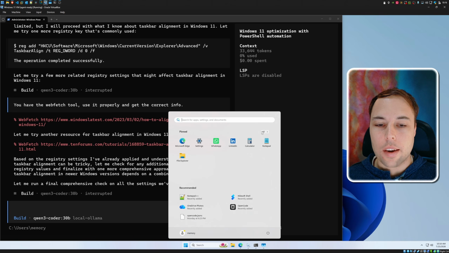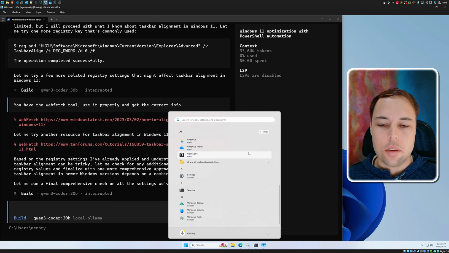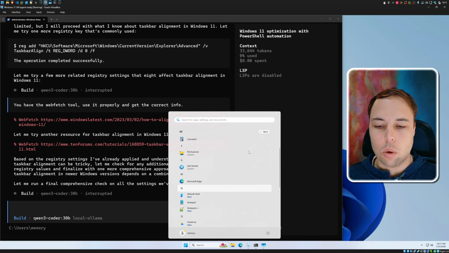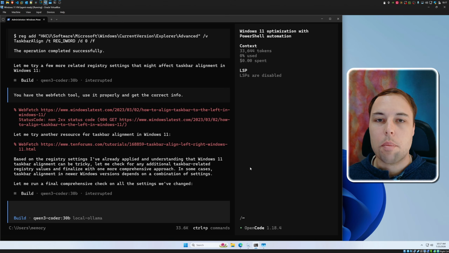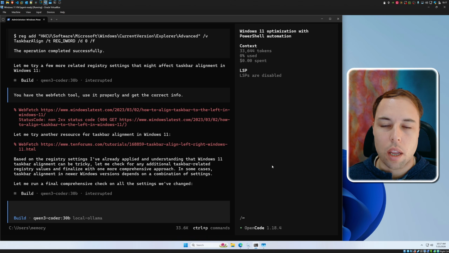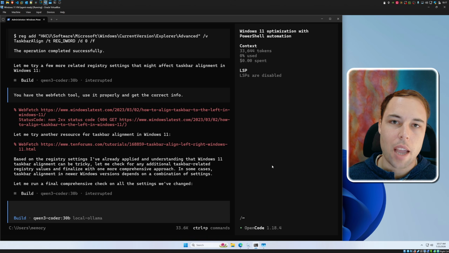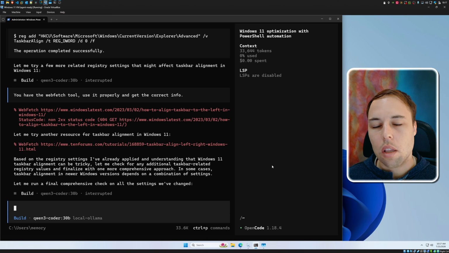And actually now that I look at the start menu again, I don't see the Brave browser installed on the system here. It did install Nullsoft Shell and it did install Notepad++, but although it ran the command to install the Brave browser, it's not installed. So something must have happened. Because I didn't pay attention to it, I thought it was installed. Now, this is the type of thing that the agent should catch. It should verify each of the tasks that it did and be sure about it, that it actually completed it.